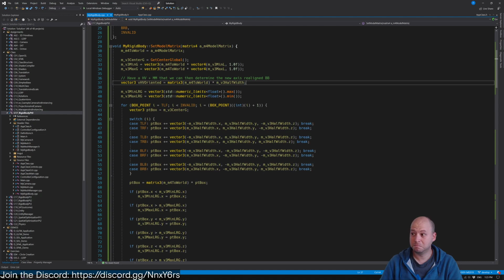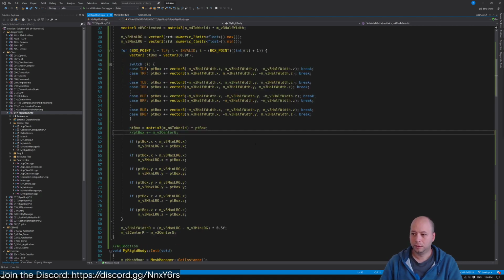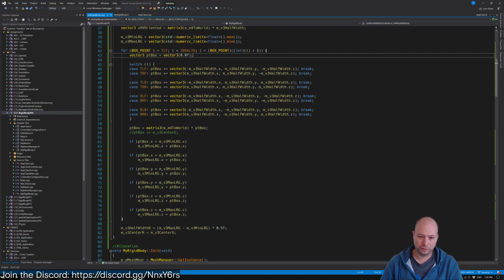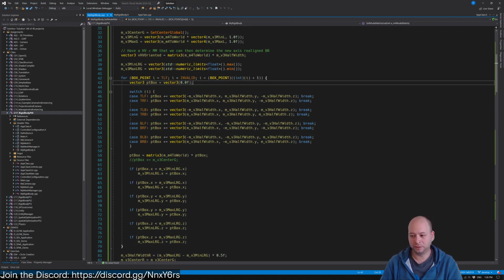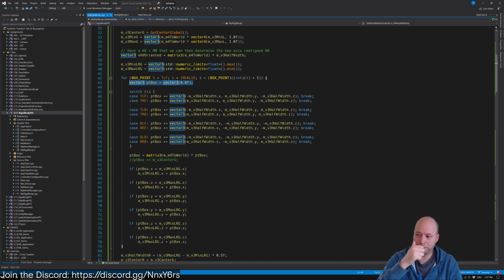Another bug. Tasty. Okay, so this is a bit of a funky one. The fix here was a little bit funny. So again, this comes down to how you calculate your reoriented bounding box. You don't actually need to put the center of the box at 0. You don't need to do anything to it at the center. You just start at 0, and then you create a box from that point. Then you reorient that